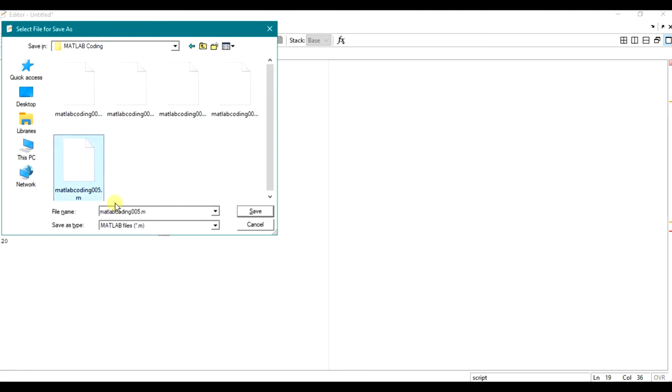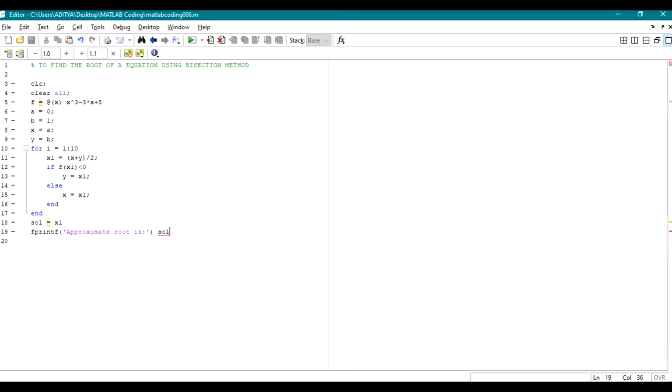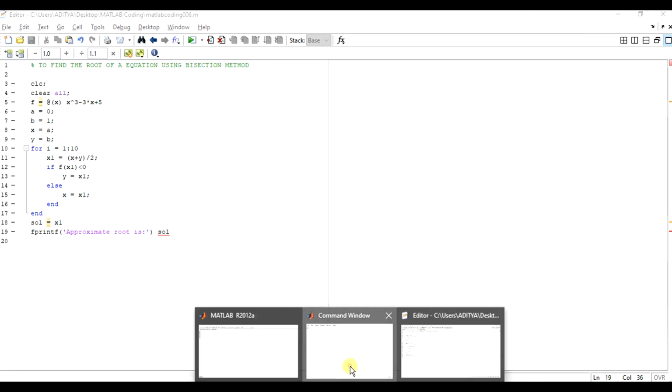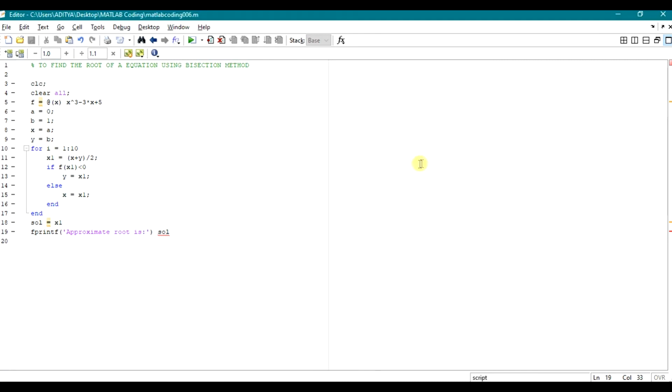See, this is coding 005. Now we'll name another coding as MATLAB coding 006. Save. Change folder.